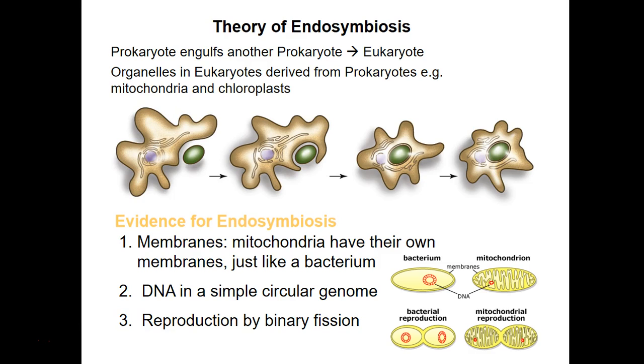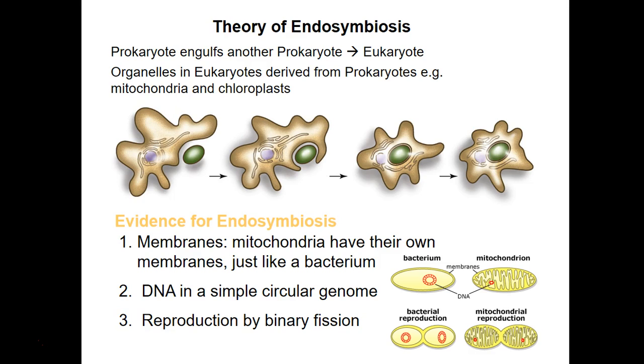The theory of endosymbiosis is the explanation for how eukaryotic organisms arose. So you could think of it this way. If a prokaryote engulfs another prokaryote but does not actually digest and eat it, you can set up the situation where now you've got a eukaryote, because maybe prokaryote 1 ate prokaryote 2 because prokaryote 2 could perform a certain function like photosynthesis. And if you don't eat prokaryote 2, then you're carrying within your own body the ability to photosynthesize.